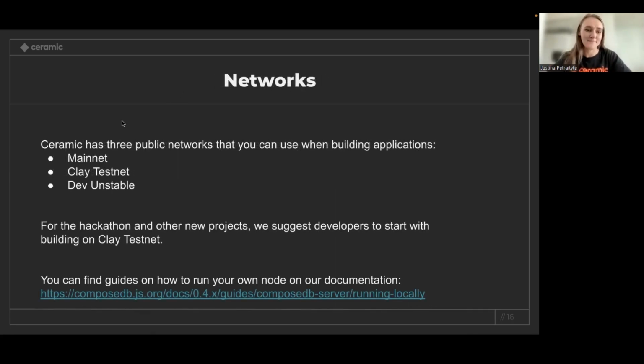We also have different networks that developers can use. We have mainnet, and this is what developers can use for running their application in production. So we recommend developers to run on the mainnet when they are ready to run their app in prod. If you are just getting started and you're building a new application, we highly recommend developers to start with testnet. So for example, Plate testnet is our testing network.